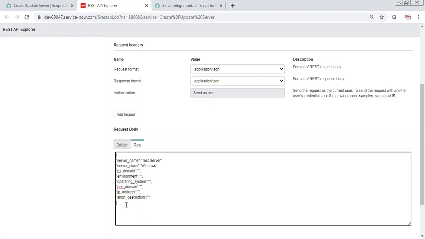Is this something we have added, or did it come automatically? No, I just put it here because I know my API. In your API, what you are processing: server name, server class, OS, domain, environment. If they send one more key here, will your API be able to process it? No, my API doesn't know anything apart from these keys. So you have to tell them you can just send these values in this format.